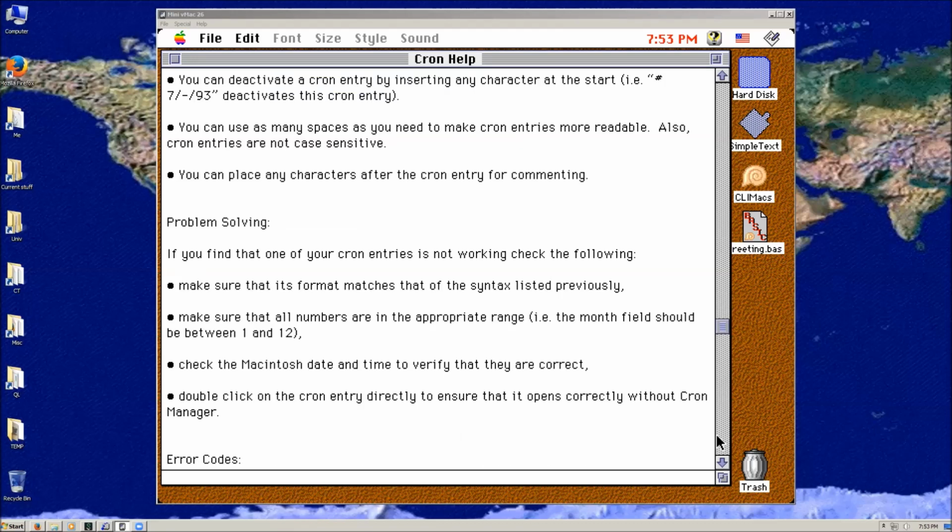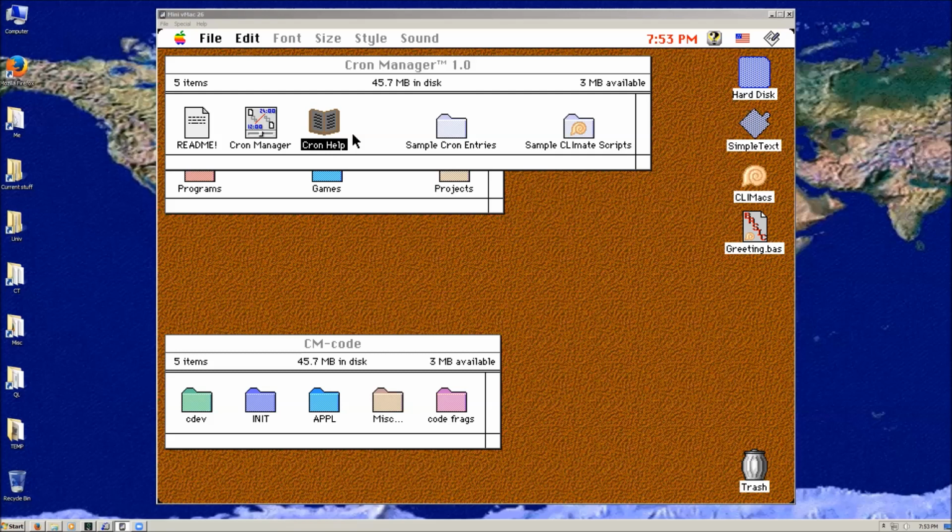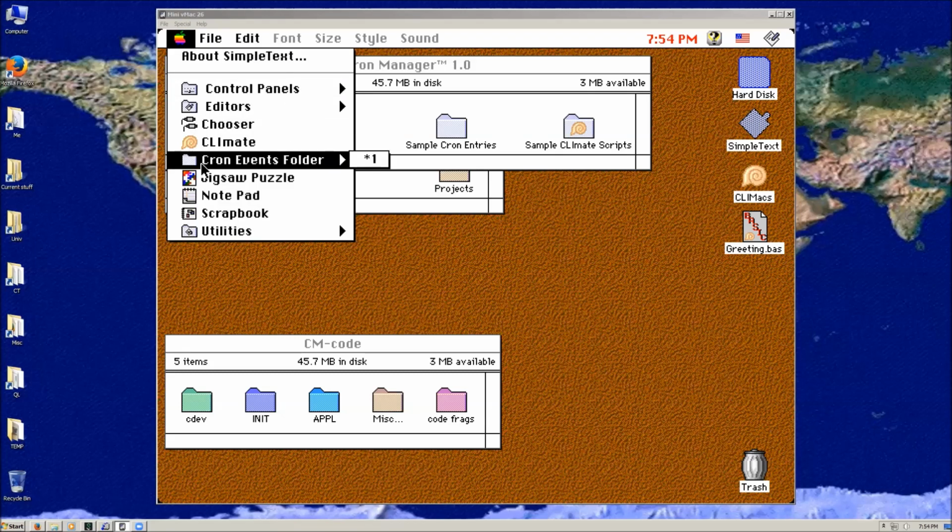Problem solving. Make sure your format matches. You can place any characters. Okay, so that's Cron Manager, and it was a helpful little utility that ran in the background. It did not take up a lot of resources, but it really helped me understand a little bit more about running multiple things at the same time, because Cron Manager obviously had to run in the background. Nicely integrated in that you just needed this